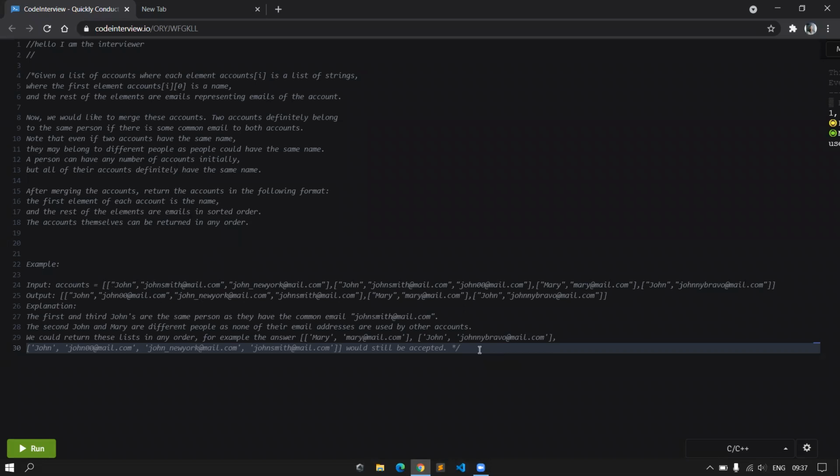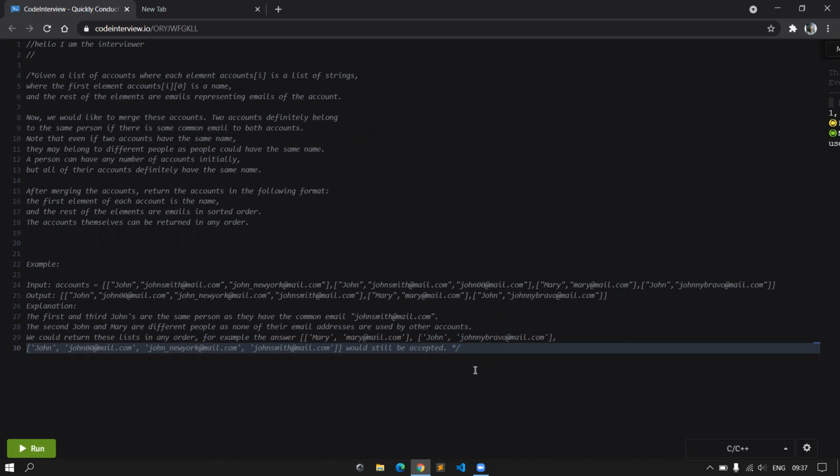Since there are three Johns, and in the answer we have two Johns which are different, there has to be some way where we are able to know that both the Johns are different.